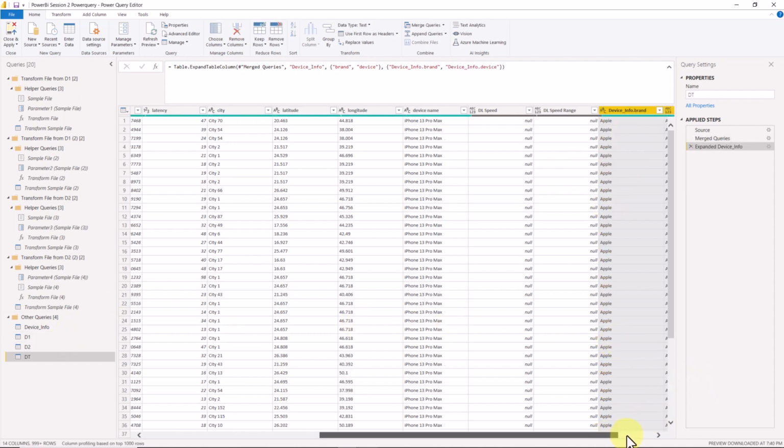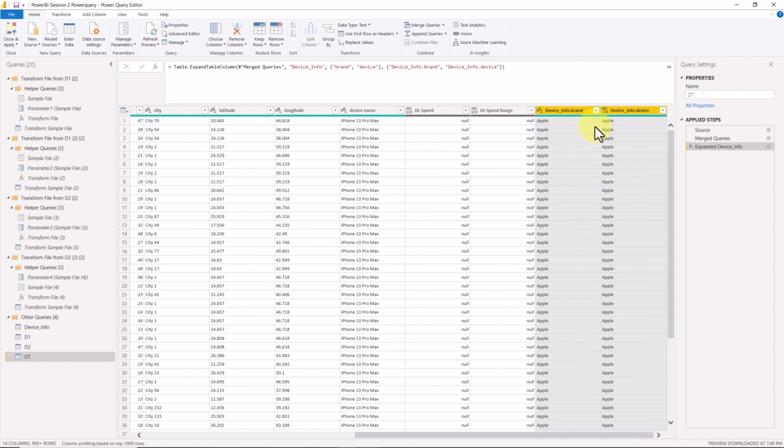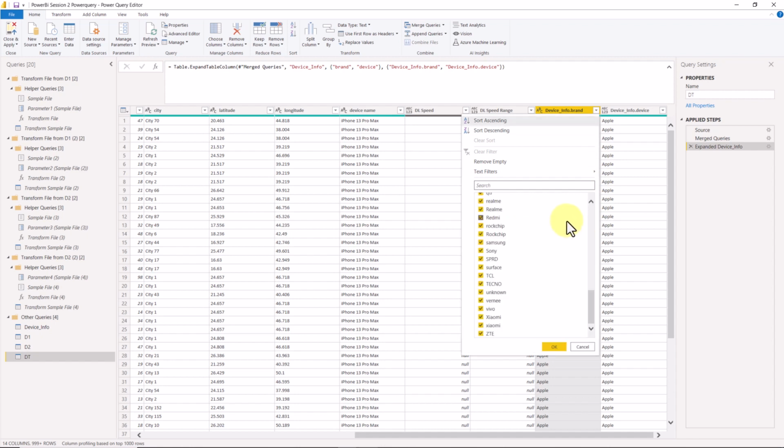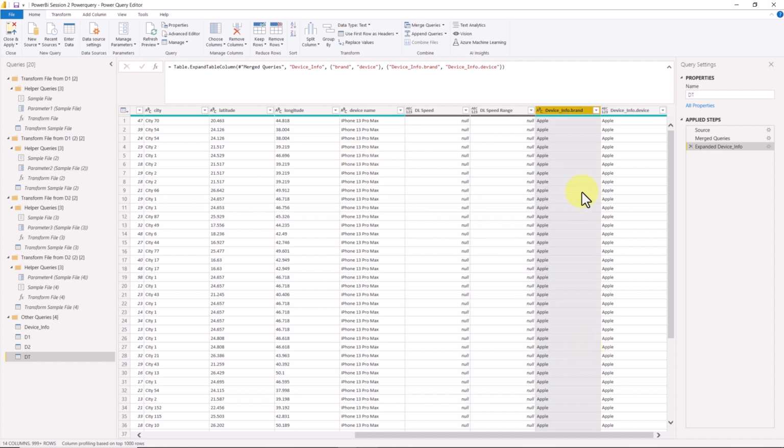So now let's see what we have. Now once we have done this, it's giving you the new information for the device info brand. And if you expand like this, you'll find more information. And some of the information was not available as a match, so it will give us a null value. So this is actually how you can append. And actually this was the last part for the